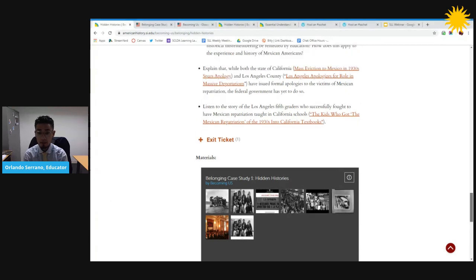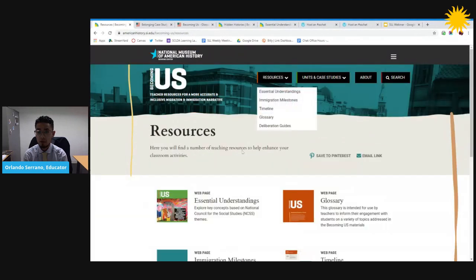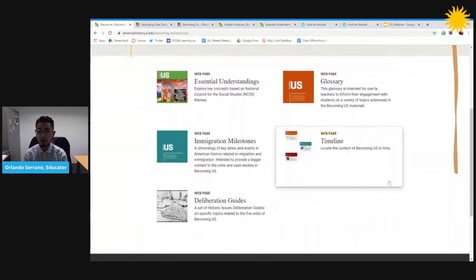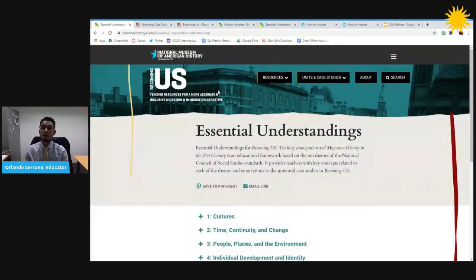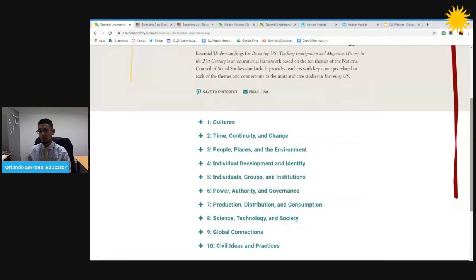And we can start with the essential understandings so that you all can see what that looks like and what it means. And again, as I mentioned earlier, this is building off of the work of NCSS and the National Museum of the American Indian. We also thought about how, if we thought about these 10 themes from the perspective of migration and immigration, what